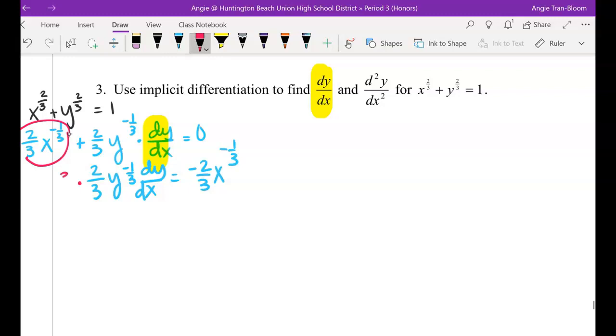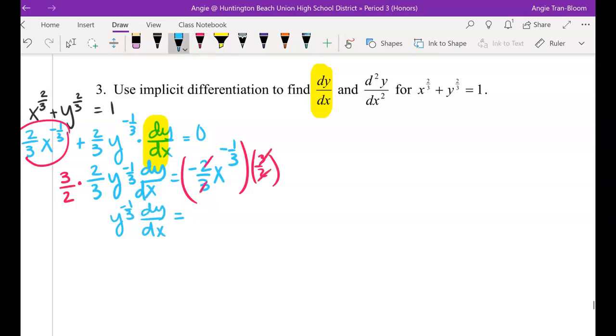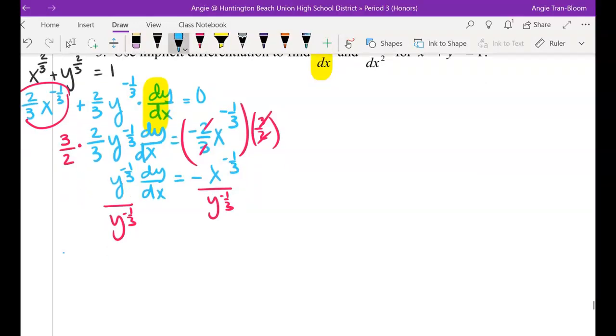I will get rid of the fractions first, so multiply both sides by its reciprocal, 3 over 2. If we multiply by its reciprocal, I now have y to the negative 1/3 dy dx equals, if I do that, cancel, cancel, cancel, cancel. So negative x to the negative 1/3. Now divide both sides by y to the negative 1/3, okay? So our dy over dx